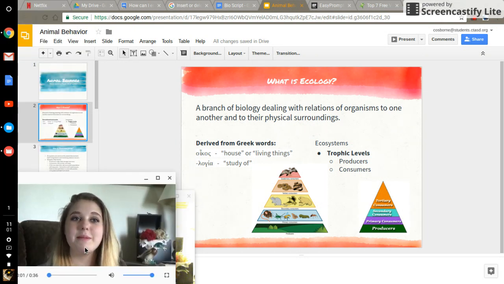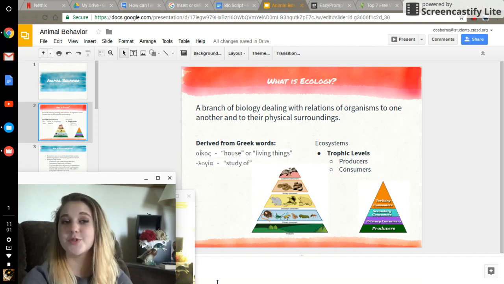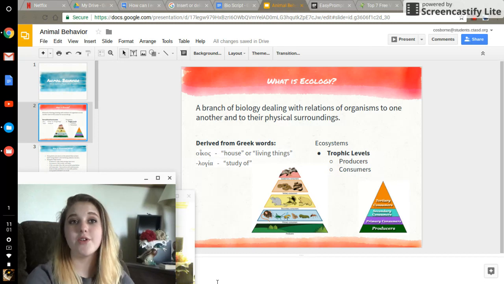Before we get into the main behavioral types of animals, let's start off with explaining ecology. Now, what is ecology? Ecology is a branch of biology dealing with the relations of organisms to one another and to their physical surroundings. The word itself is derived from the Greek words meaning study of and house or living